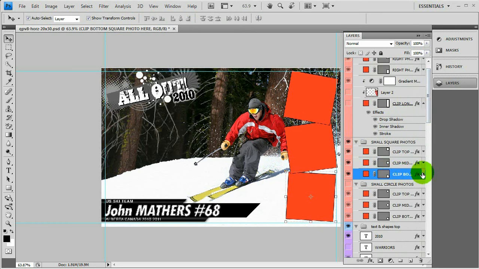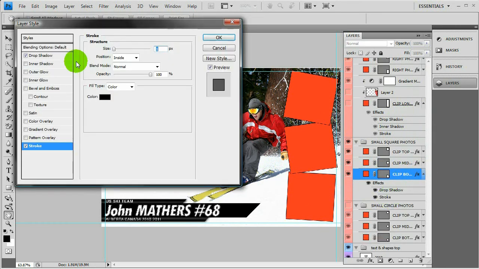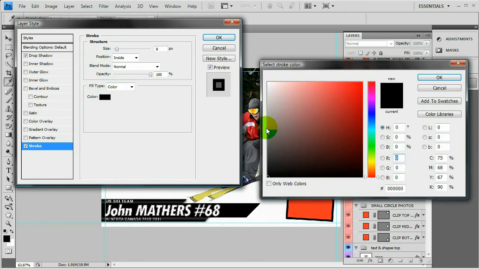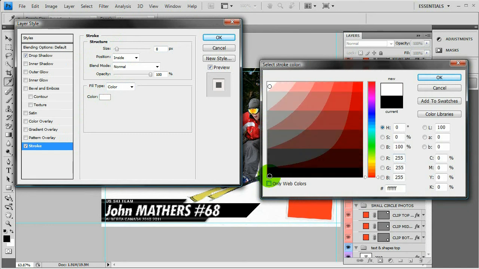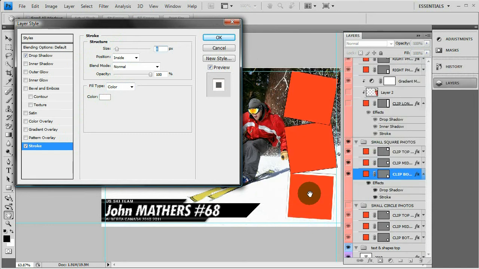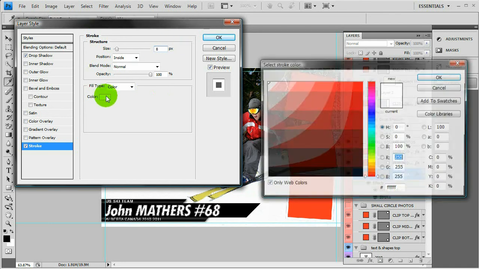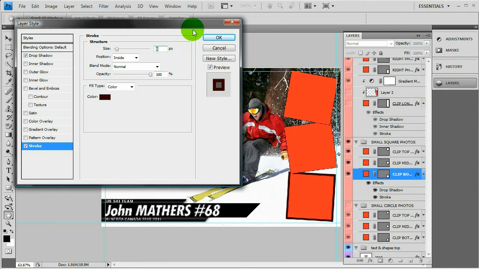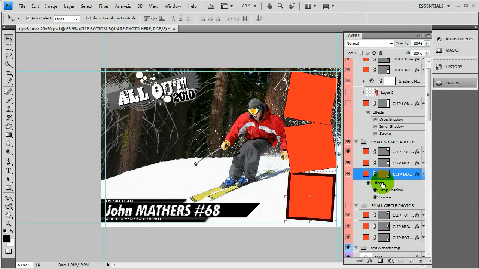And then you change your stroke if you want it to be larger or if you want it to be a different color. It doesn't really go well with that snow, but you get the idea. And then you can just take that and copy